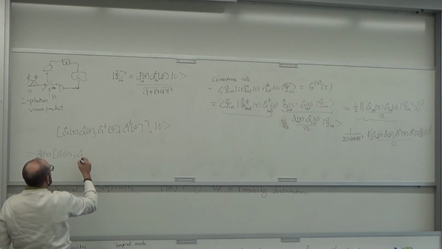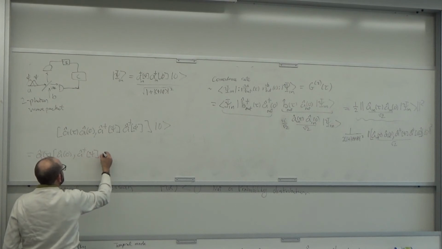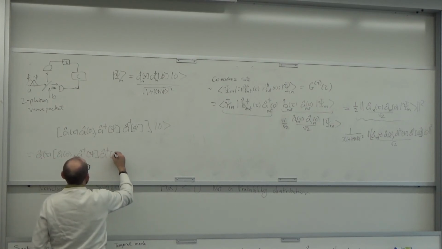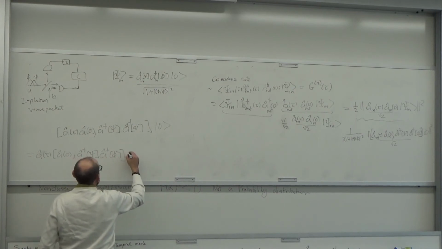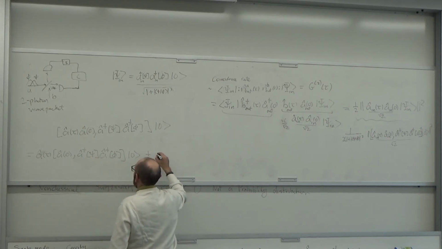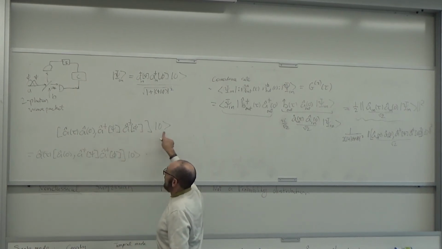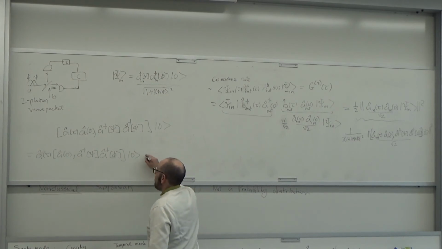That's all ultimately going to act on the vacuum, so I'm just going to put the vacuum there. So that equals that, because if I put it the other side it would give me 0, right? Which equals